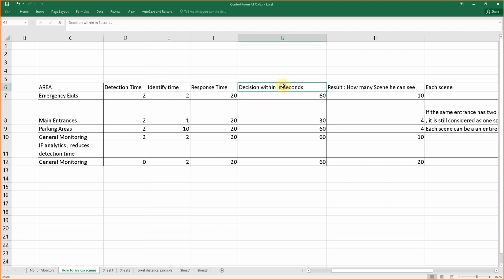The decision making, if it is 60 seconds, it's fine. But there are certain main entrances. What if there is an armed robbery at a main entrance? He has to decide quickly. He cannot wait for 1 minute. In those kinds of situations, you should limit the number of scenes that the operator is monitoring.